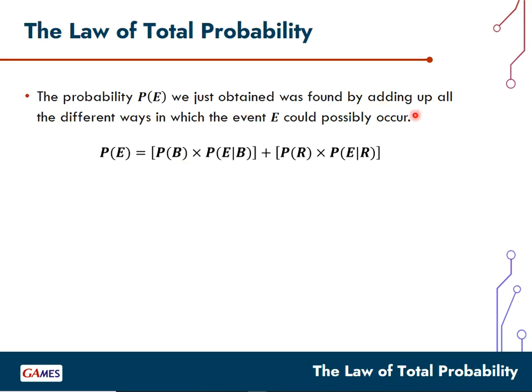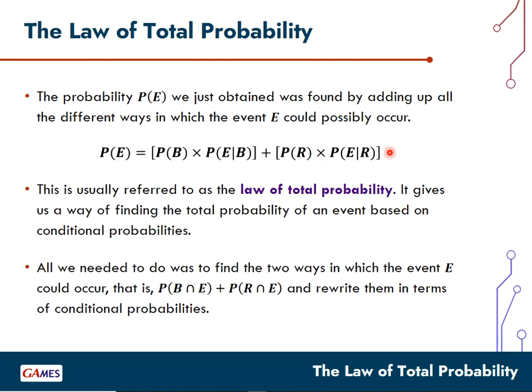So what we just obtained, P of E at the denominator, we got by multiplying probabilities and conditional probabilities for each branch where that event occurs and adding them up. And we can generalize this knowledge to any other thing. We refer to this expression as the law of